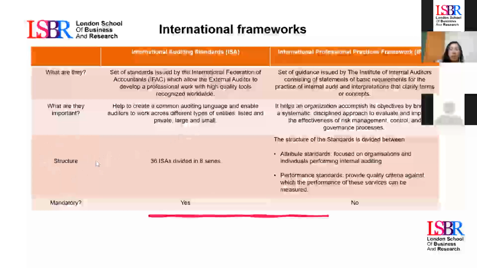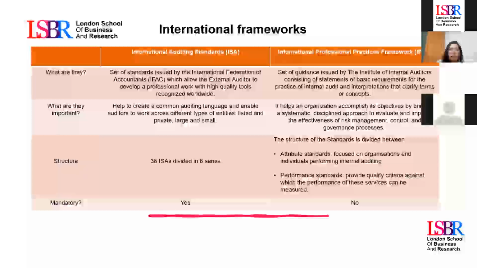And the structure of these standards contains 36 rules called ISAs, because it's International Standards on Auditing, divided in 8 series.